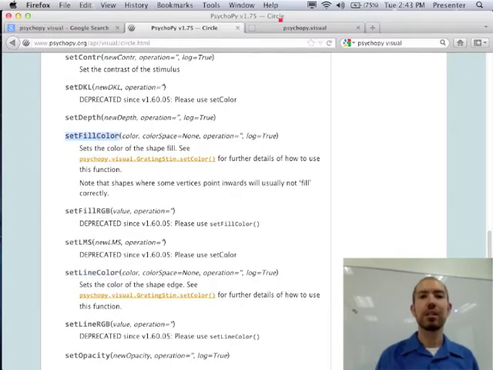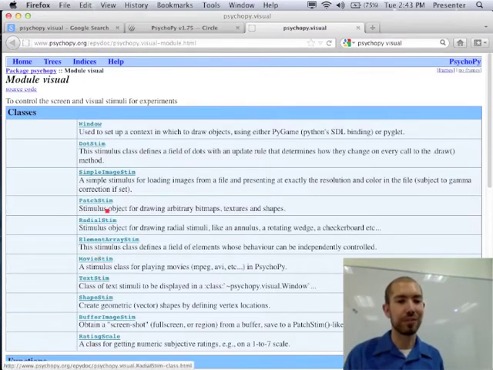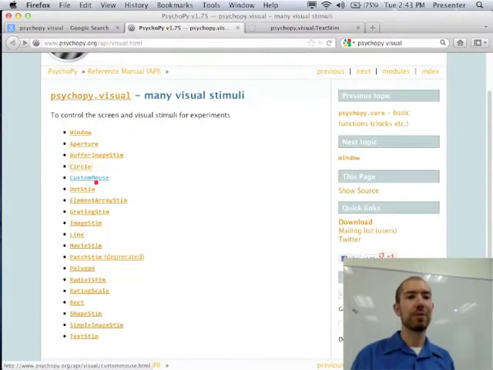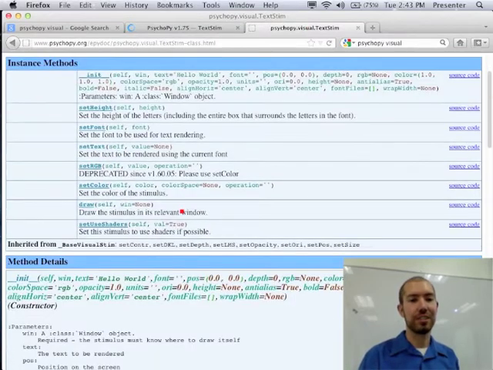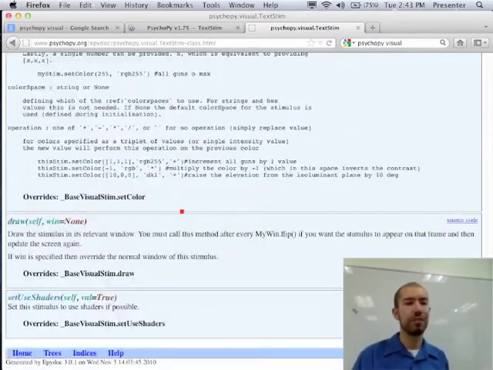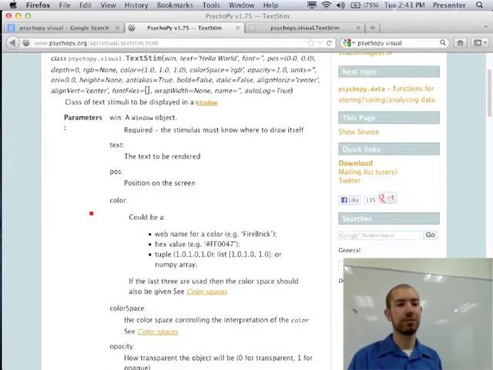Now, I picked another bad one, this is another one that's not documented over here. But sometimes, say for text stim, you might get information in this documentation that's not in the other one. So this gives you a slightly more complete description of the various things that you can tell the text stim about itself.